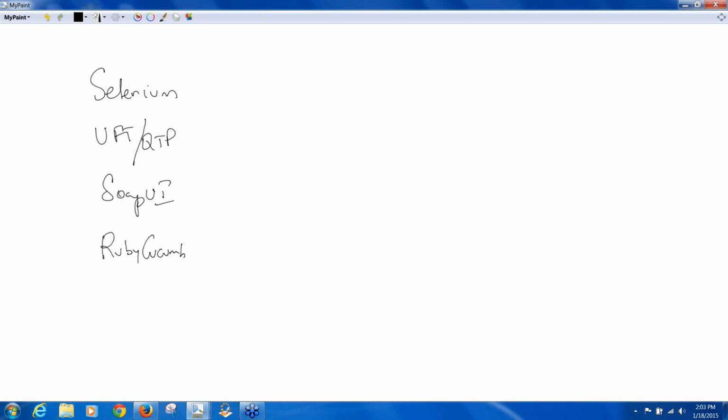Look, when it comes to any automation tool, it doesn't matter if it is Selenium, or UFT or QTP, however you want to call it, or SOAP UI, or Ruby Cucumber, Load Runner, JMeter, coded UI, and